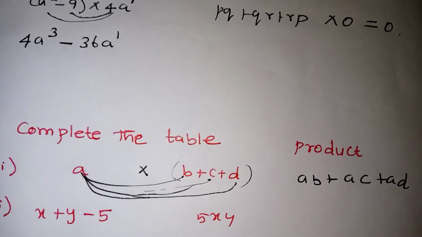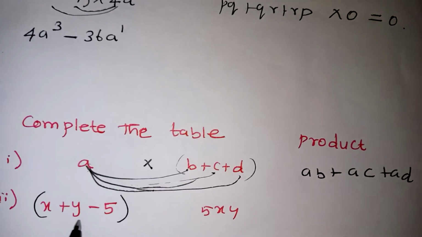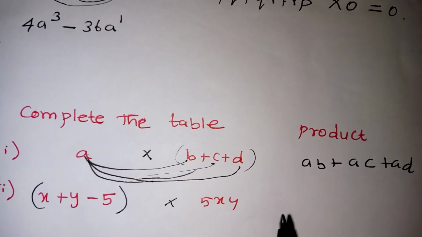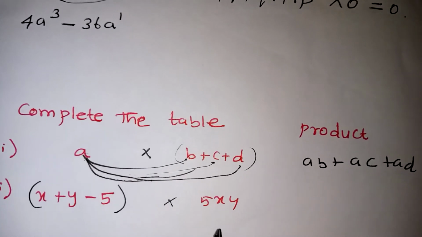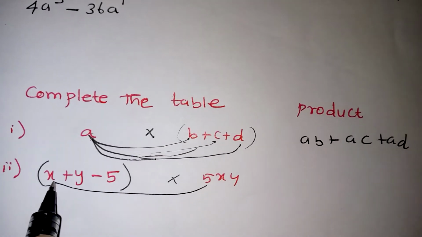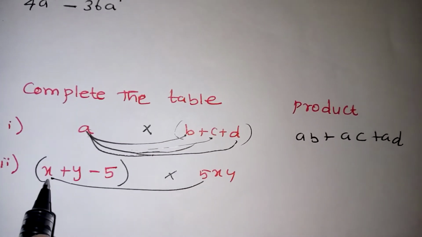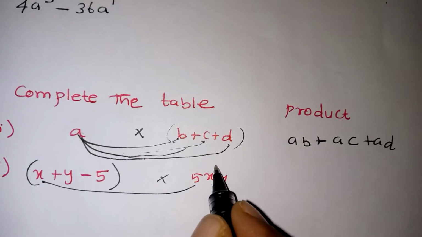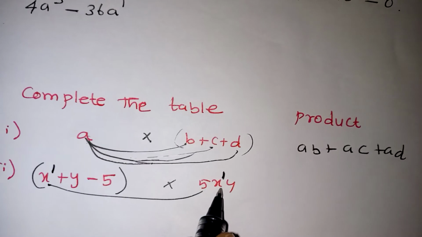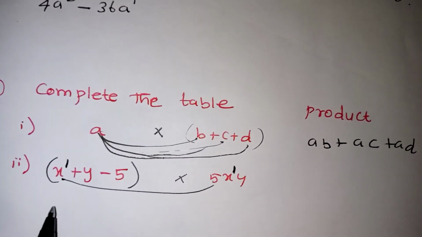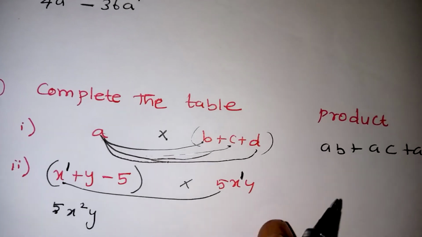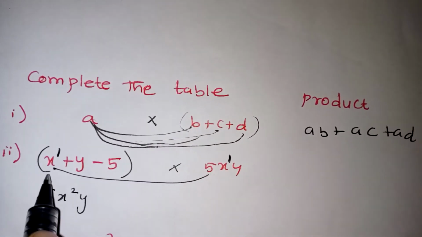Now coming to the next one, same way this is a trinomial, 3 terms are there. This is a monomial because we have only one term, 5xy is a single term. Now the same way during multiplication, all these 3 terms should be multiplied with 5xy. So the first one, 5xy we are going to multiply with the x. When you are multiplying with x, the powers will get added. X power 1, x power 1. So x power 1 plus 1, x power 2. So remaining number will come as it is. So 5 x power 2 y. This 5y will come as it is. X power 1 alone will be added with this.